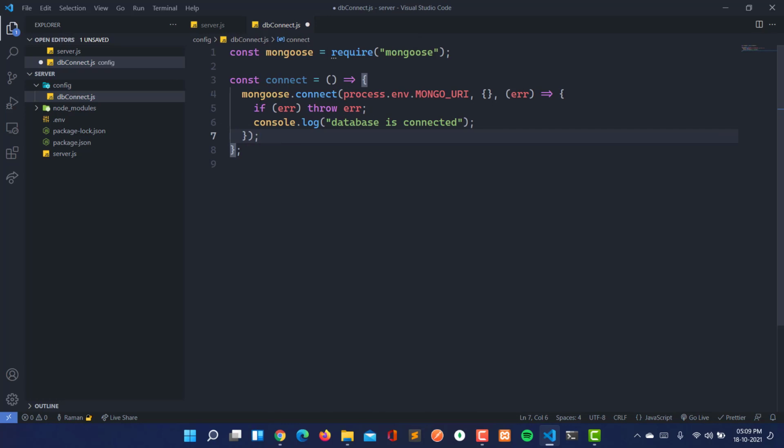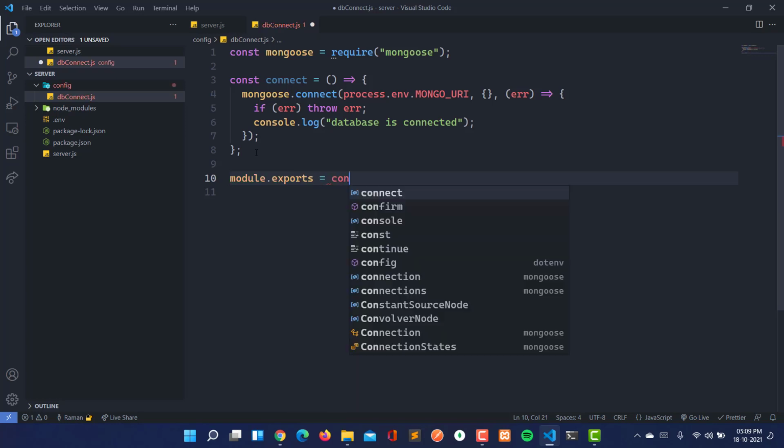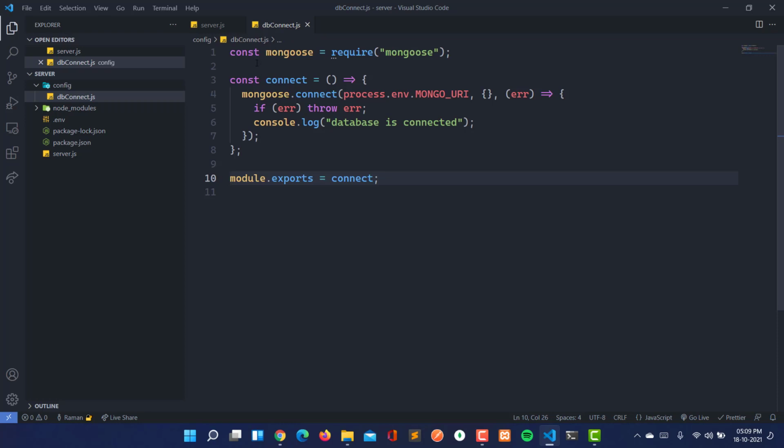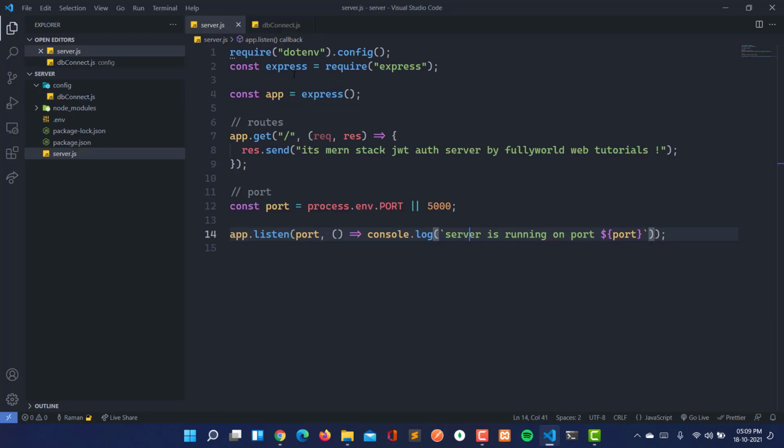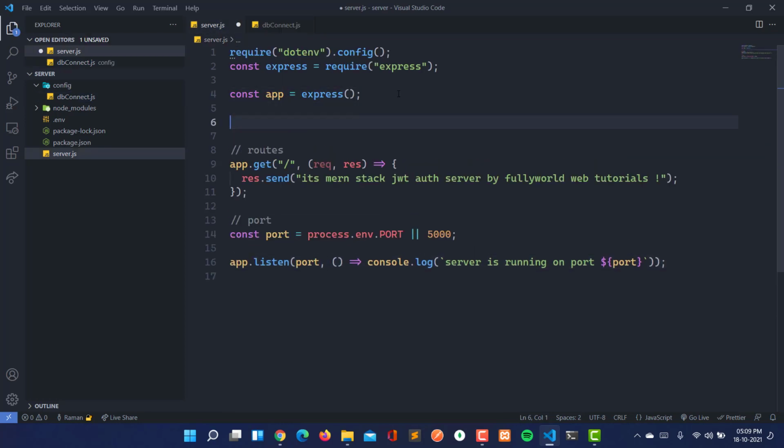Now just save this. Now we have to export this function also. So I'm going to write module.exports equals connect. Just save this, and let's go to the server file, and here let's import that.